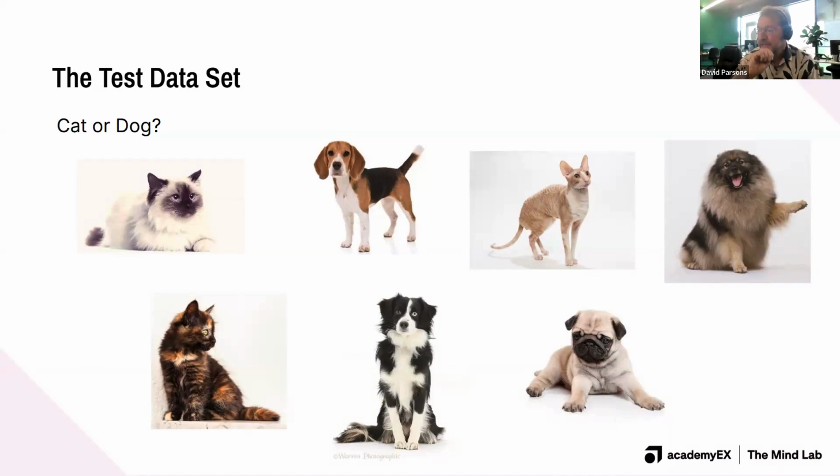So any thoughts about the test data set? Some real marginal ones there that could be either. Yes. So in that sense, it's quite a good test data set because it's trying to push the boundaries of the machine learning algorithm by giving it types of cats and dogs that aren't necessarily very, very similar to the ones it's already seen. So we give it the test data,